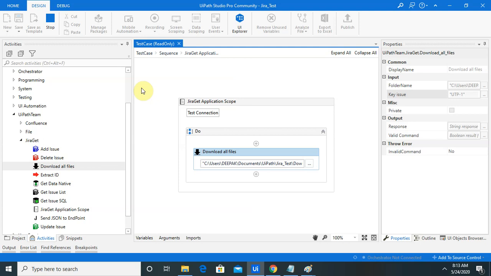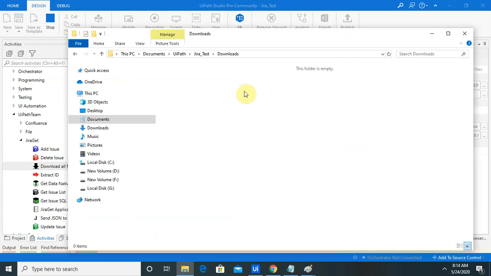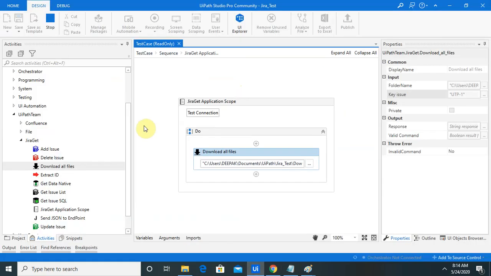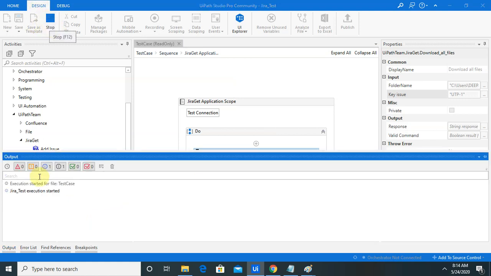Because of that, sometimes it takes time due to the unavailability of system memory. Still, execution is not completed. Once execution is completed, the execute command is available again. Now you can see execution started.